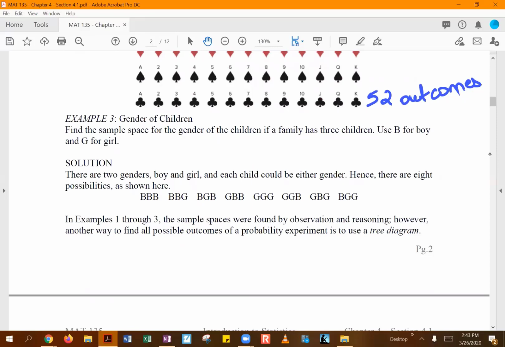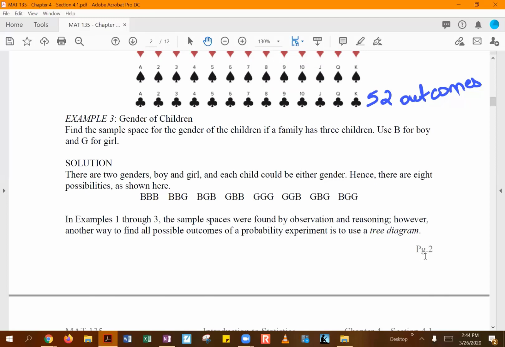Again, we've got a bunch of different examples here, talking about what would be the sample space for the gender of the children in a family that has 3 children. They're asking us to use B for boy and G for girl. So they basically want to know, if a family has 3 kids, what could be the genders for those 3 kids? What are the possibilities? Because again, we don't know specifically what they have, but they just want to know what